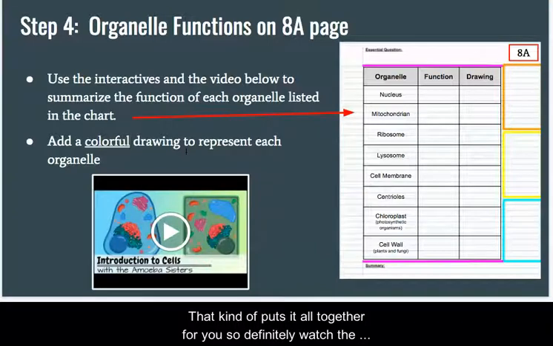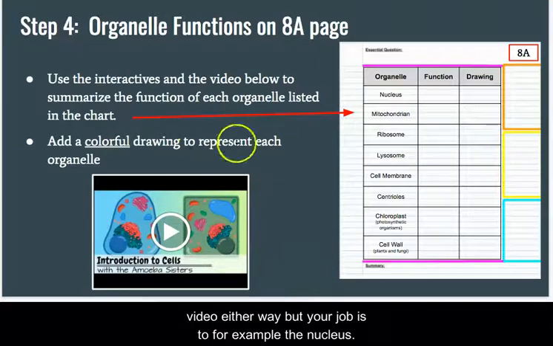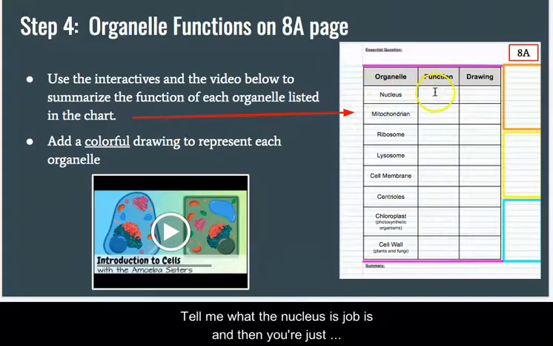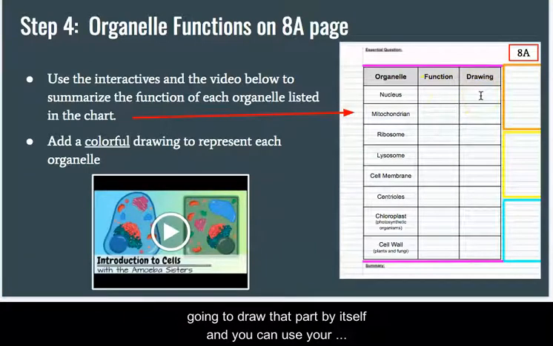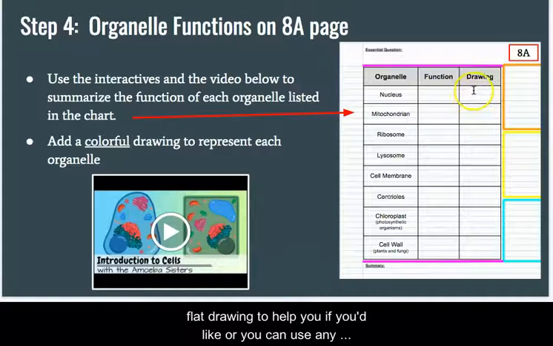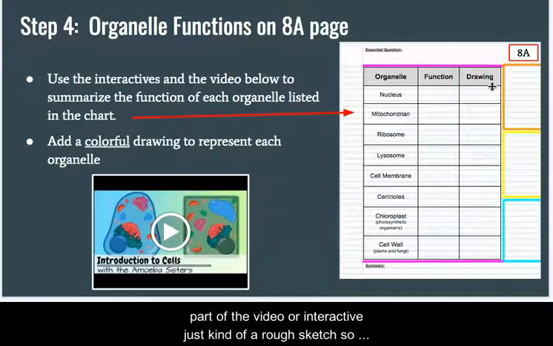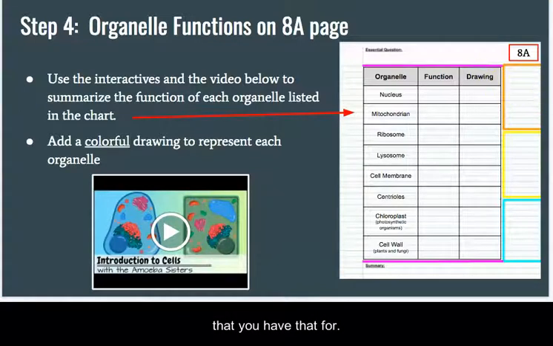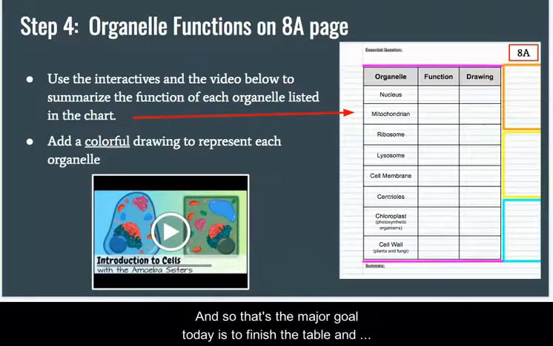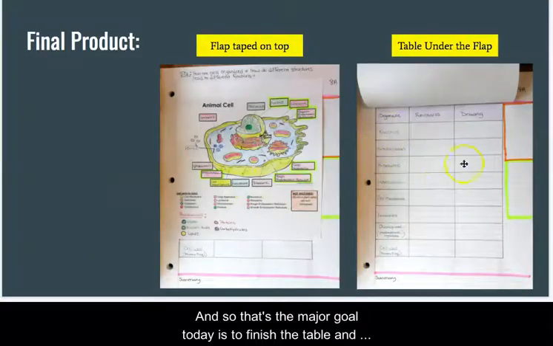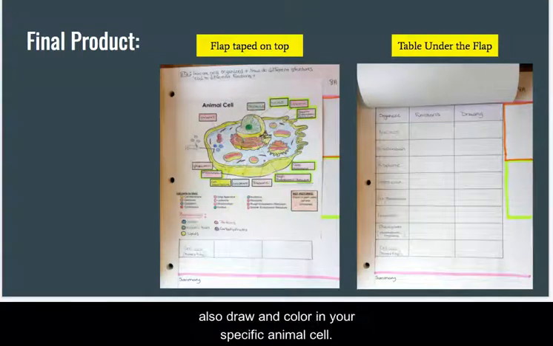So definitely watch the video either way, but your job is to, for example, the nucleus, tell me what the nucleus's job is. And then you're just going to draw that part by itself. And you can use your flap drawing to help you if you'd like, or you can use any part of the video or interactive. Just kind of a rough sketch so that you have that for you. And so that's the major goal today, is to finish the table and to also draw and color in your